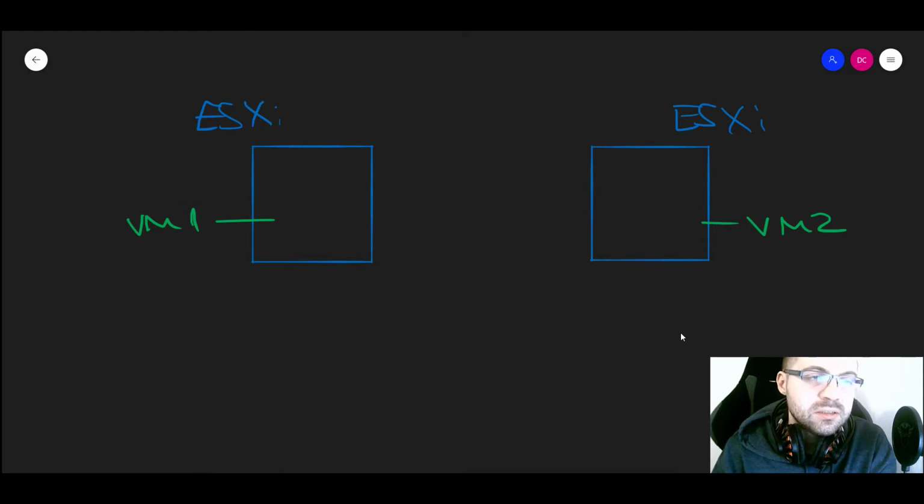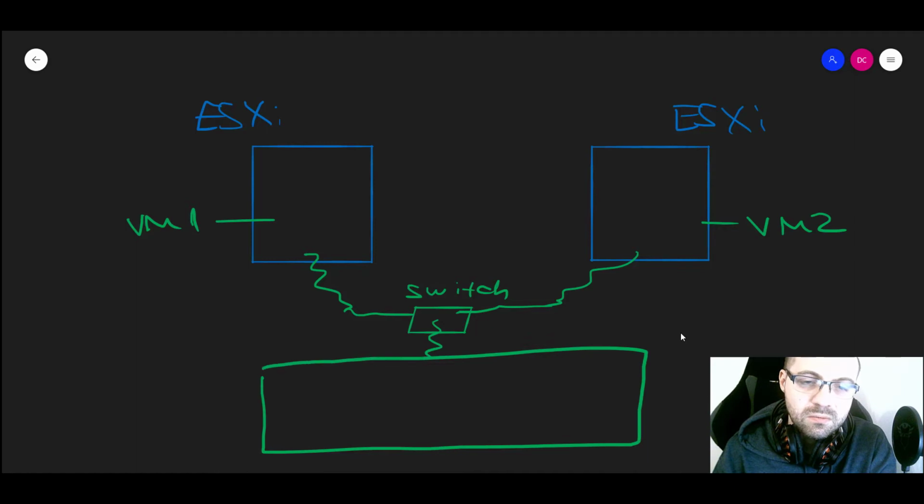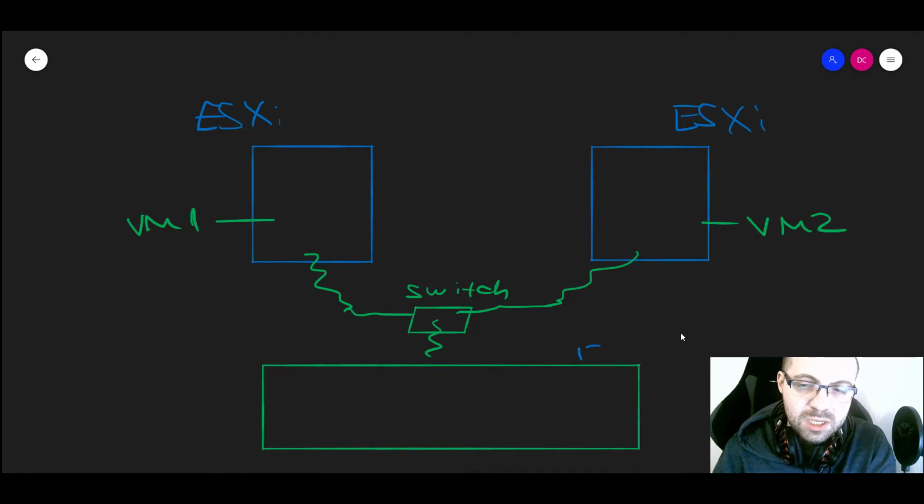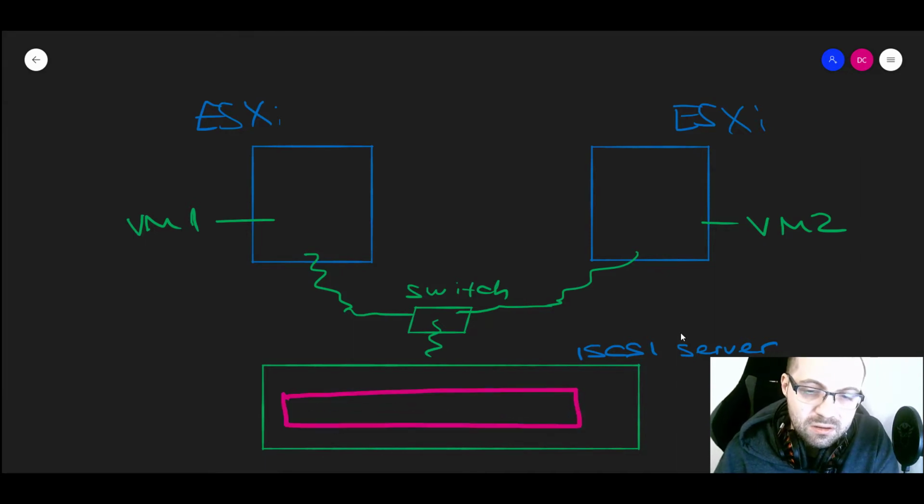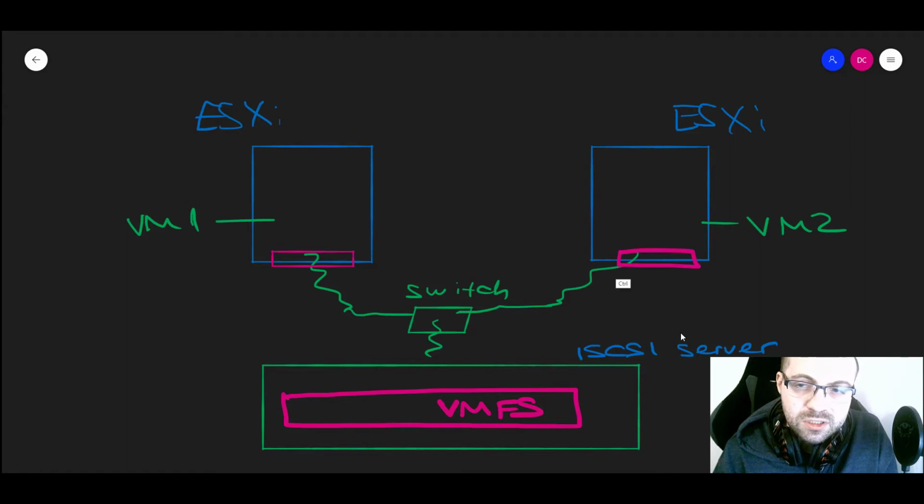And if we actually had proper network equipment, we could use network cable to connect them to a switch, and the switch could connect us to some device which has iSCSI capability. So here we would have an iSCSI server, which means that whatever is the volume on this device, we could format it with a file system called VMFS, which is used by VMware, and then it would appear as a local disk on both the ESXi servers at the same time. So they could share the storage and do the same operations,